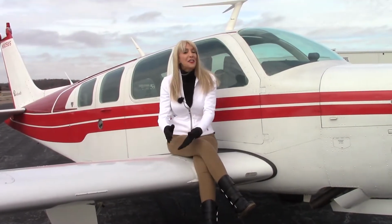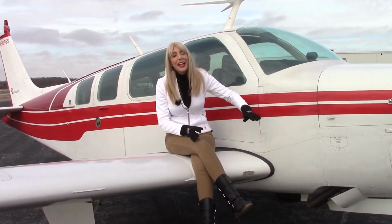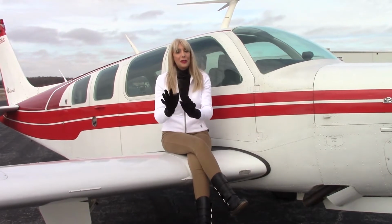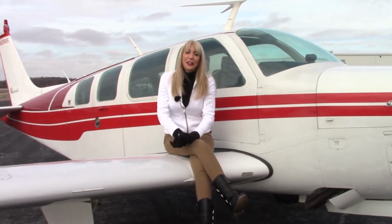So this 1978 A36, she's looking for a new home. Original paint in really good condition, nice interior, some updated avionics, no major damage history, great maintenance. We've got the logbooks, and you should know Bonanza School is included in the price of the aircraft because we want you to be safe and comfortable in your new